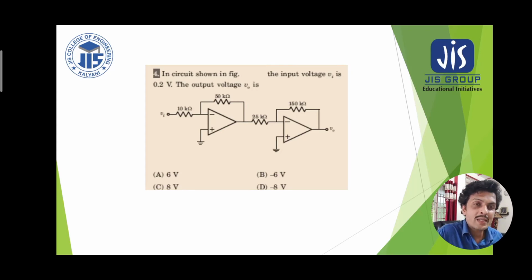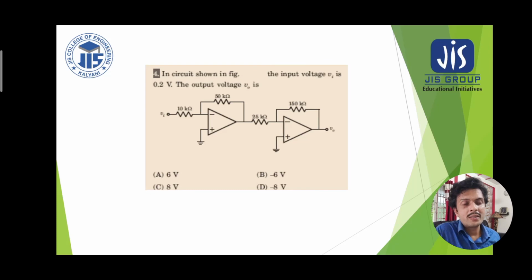So as V1 is at minus 1 volt, therefore the current entering towards the second op amp inverting terminal is (minus 1 minus 0) divided by 25. So it is minus 1 by 25 milliampere, which will be flowing towards the feedback resistor. So therefore minus V0 by 150 is equal to Vi by 25. So V0 is equal to 150 by 25. That gives us 6. The magnitude is positive.